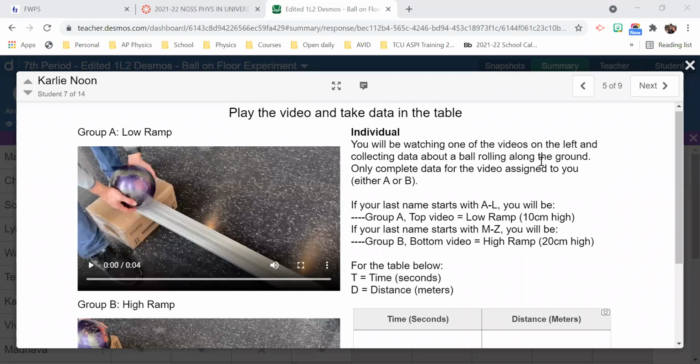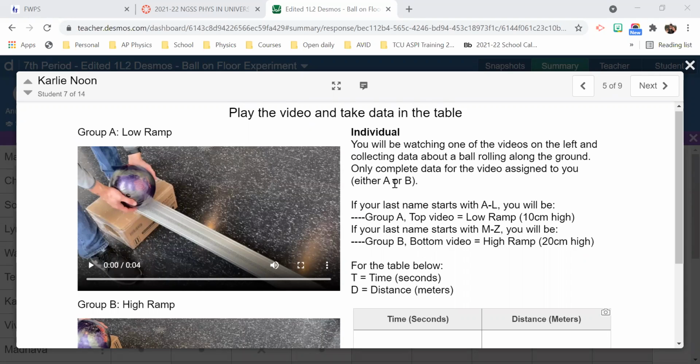Hello, kiddos. I'm noticing that a lot of y'all kind of stalled out when it came to collecting the data and putting that data in your data table and graphing it and making your predictions. So I wanted to help walk you through. Figure it's only fair since I'm not there. So let's do this so that you can have this complete data collection so you feel confident going into your